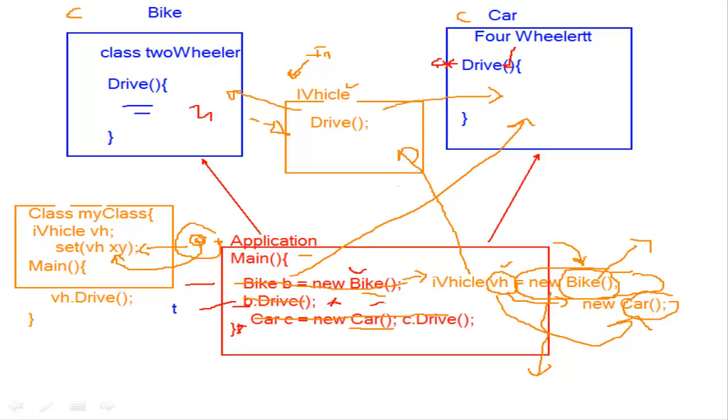What is dependent here? Your class is dependent on a bike or a car or a truck or anything. It is dependent. Without that, it can't proceed. So that is the dependency. But you are not creating it inside. You don't go and hunt for the bike or the car, or go and create that object on your own. Instead, you ask somebody else to create it and give it to me, and I'm going to drive it. And that is dependency injection. I hope you got the thing.